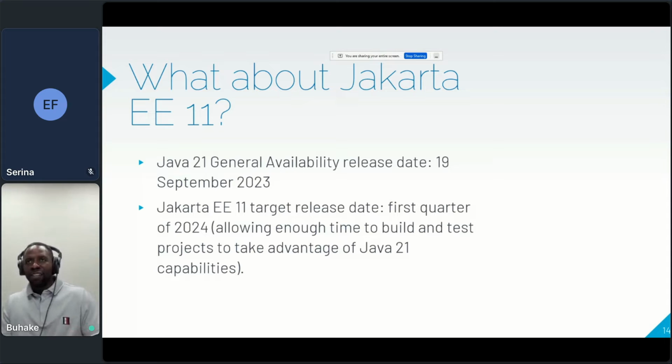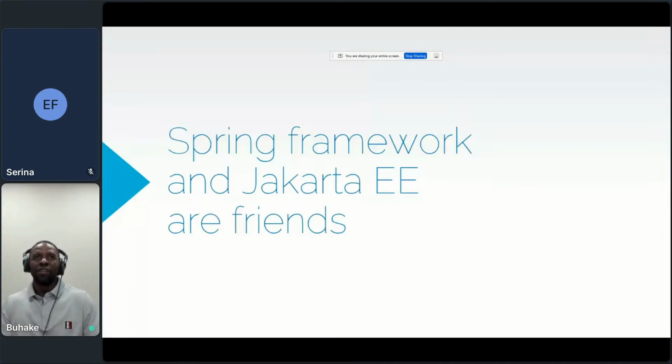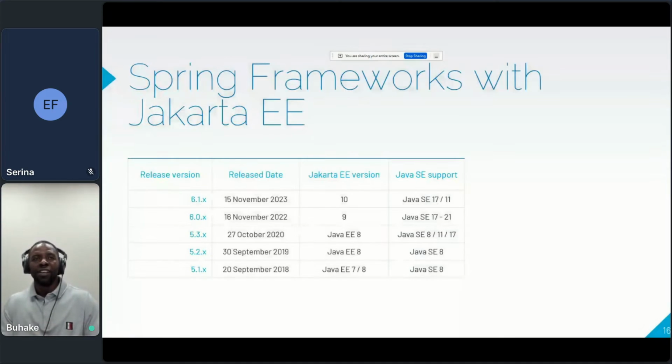And then I always get asked this question, especially in South Africa, because the majority of developers are Spring developers using the Spring framework. They ask, why do you look at Jakarta EE or Java EE and not Spring, because Spring has major adoption? But I always say Spring and Java EE are not enemies, but they are friends actually.